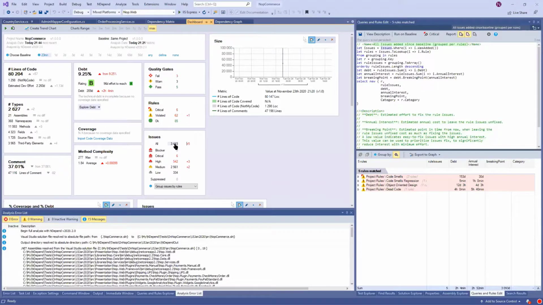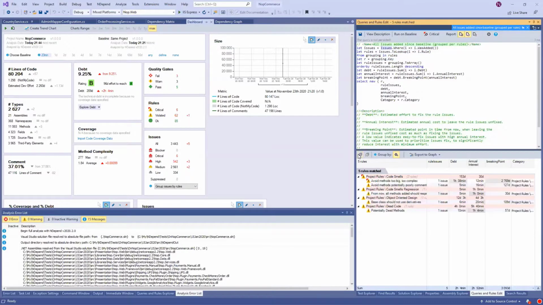But if we are using a baseline, which is typically your last released version in production, okay, so you work very hard to have a very sleek release, and now you can use it as a baseline. From there, you can say, now I want to be clean from the baseline, which means that I don't want anything red here, which means that I don't want any new issue. So here, if I click 5, it not only can query the code, but it can query the issues. And here it finds me 5 new issues.